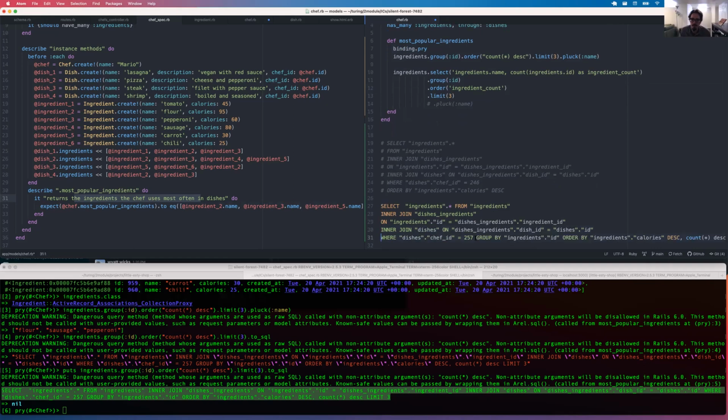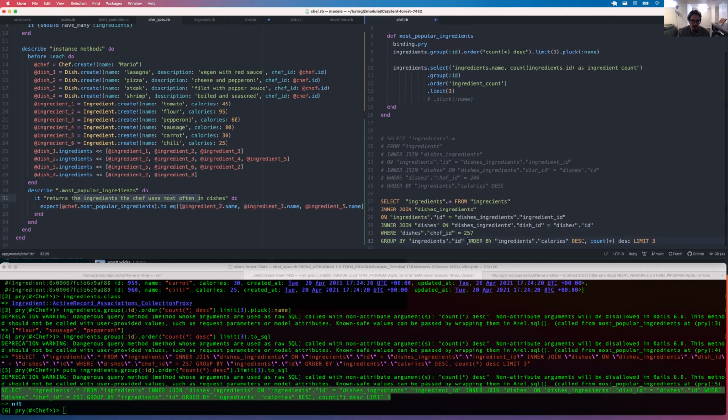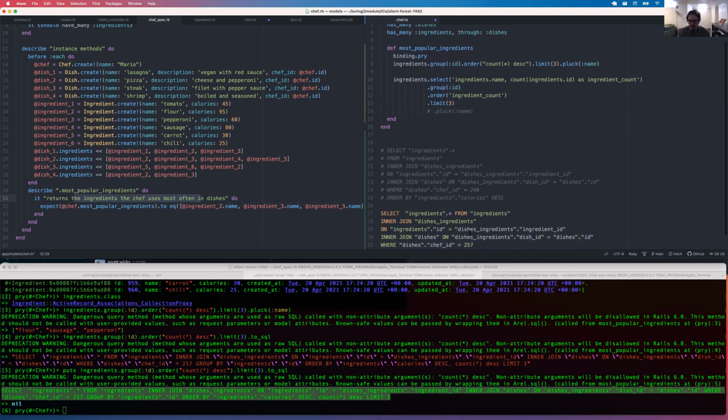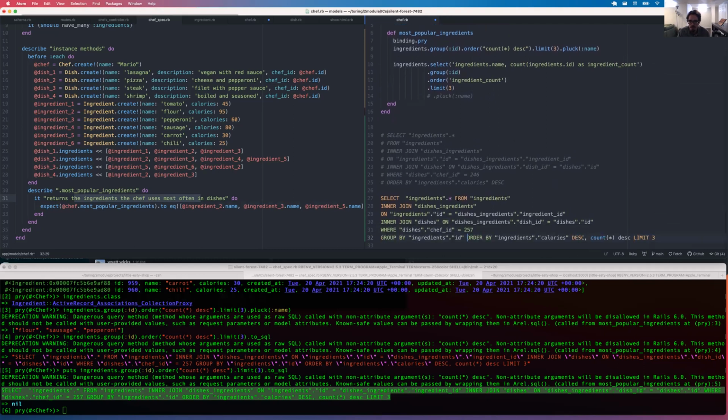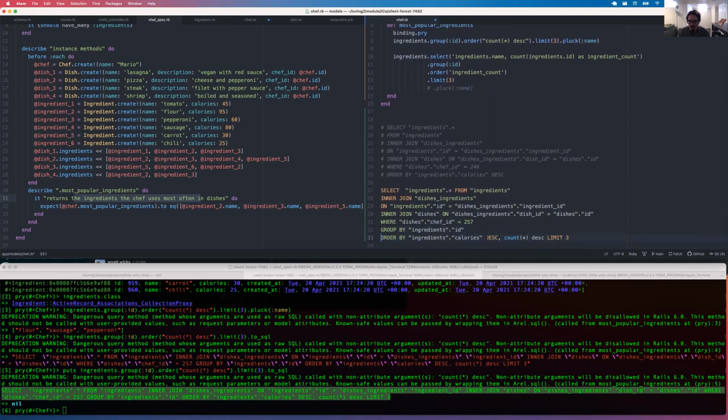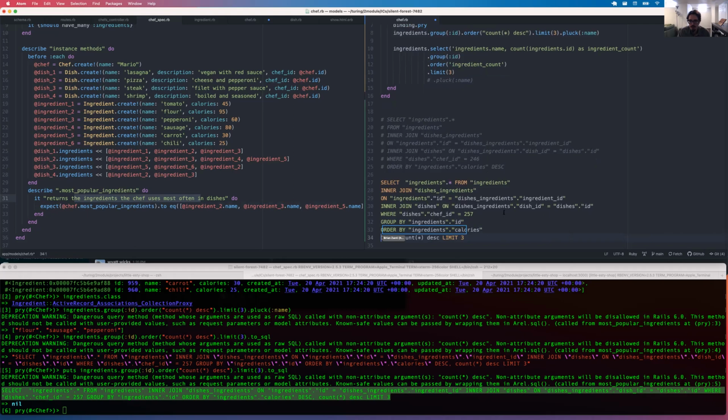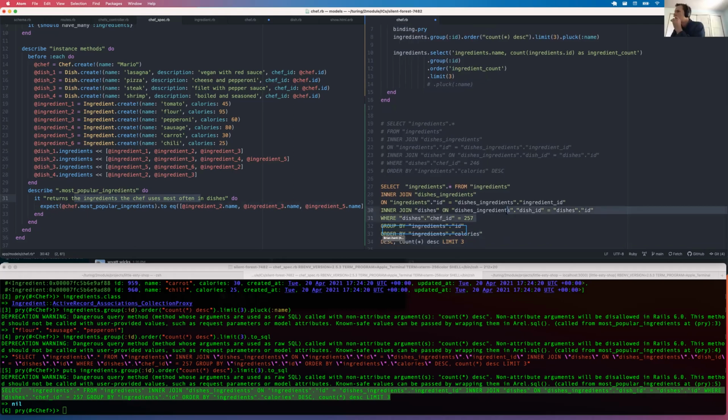No, let's keep working through it. One thing that I wasn't sure of is, if you go back down to the bottom where you had pasted the SQL, I wasn't sure about that group by. Oh, I see. The group by ingredients.id does make sense to me. We want to make a group of ingredients and then just do a count for each one of them. Maybe one thing we could check here is,